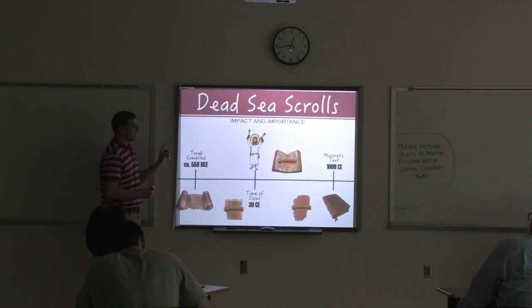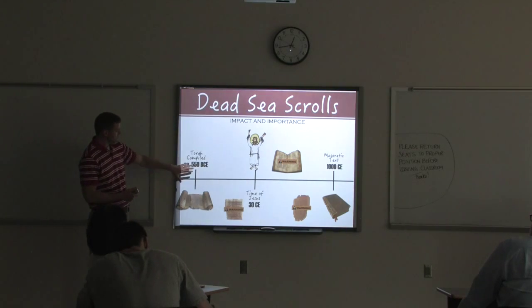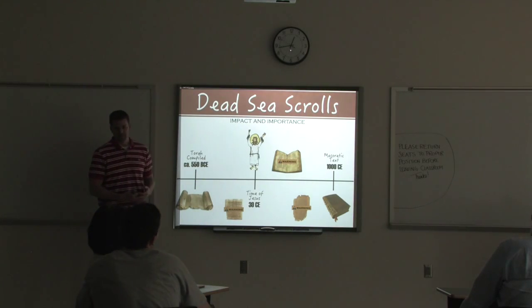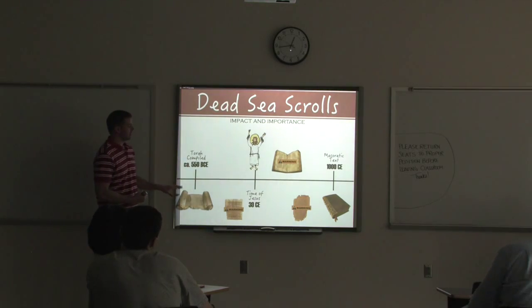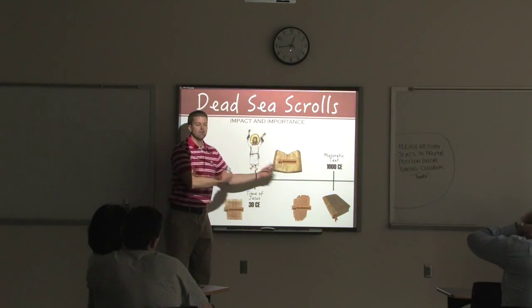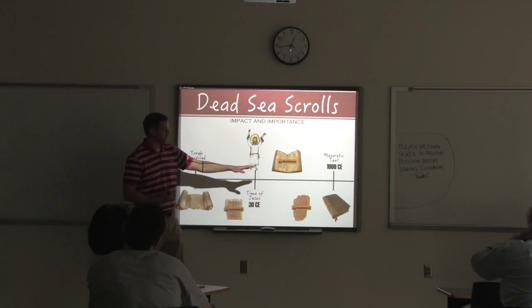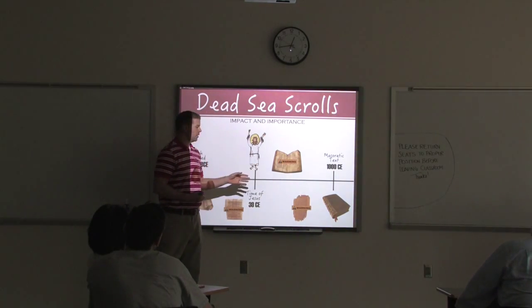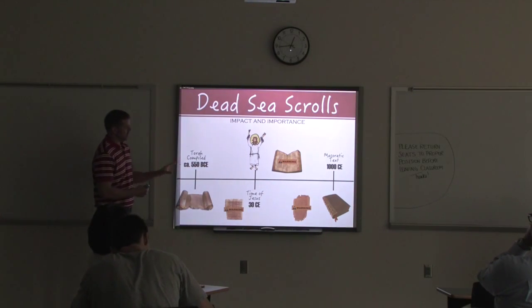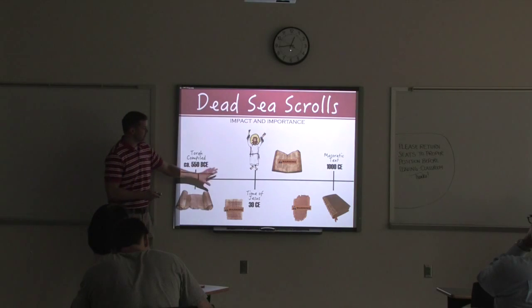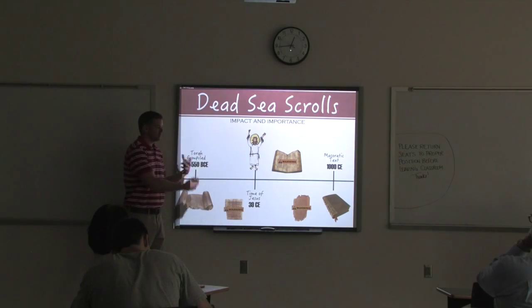Now this is important for the reason I mentioned last week in class. Most of the Hebrew Bible was written, let's say, over 1,000 years ago. So we have lots of time between the writing down of the text and the earliest copies that we had before the scrolls. Before the scrolls, the earliest copy that we had is from the Masoretic text, as we call it, written about 1000 CE, or AD. So if you think about the distance between those two, we have lots and lots of years for copies to be made, changes to be made, additions, subtractions, all kinds of things.